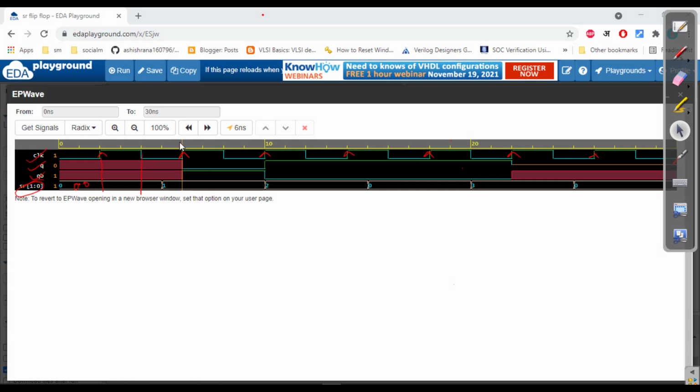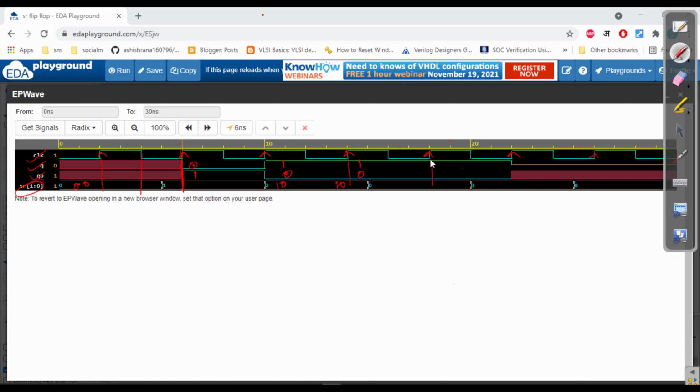Now see here, this part. Okay, so at the positive edge of clock, here the value is 0 1. So what will be Q? It is 0. So Q is 0 and Q bar is 1, the reverse of that. Here it is positive edge of clock, so what is here? It is 1 0. So what will be Q? It will be 1, and Q bar the reverse. Now at the next positive edge of clock, what is here again? It is 0 1 only, so it will be the same, 1 and then 0.